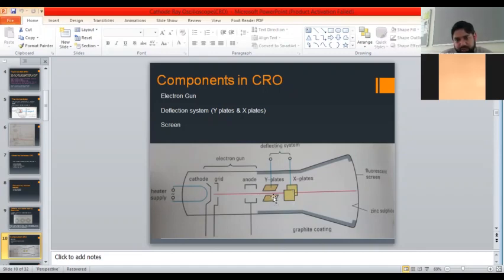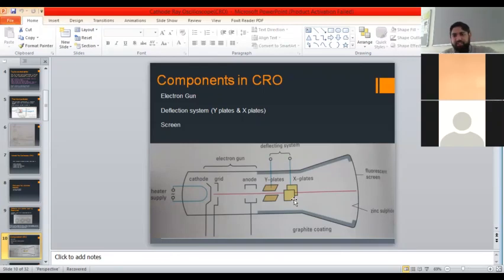Can someone tell me what is the difference between these Y plates and X plates arrangement? क्या डिफरेंस नजर आ रहा है? Y plates are placed horizontally and X are placed vertically. ओके, चलो आप ओरिएंटेशन की बात कर रहे हैं, but I can say that Y plates are provided with voltage and X plates are provided with जैसे उनको frequency की alternating current provide की जाती है in terms of hertz. ओके, वेल एक्स और वाई प्लेट्स दोनों को ही हम इलेक्ट्रिकल सिग्नल प्रोवाइड करते हैं, but that is a different type of signal as you mention.